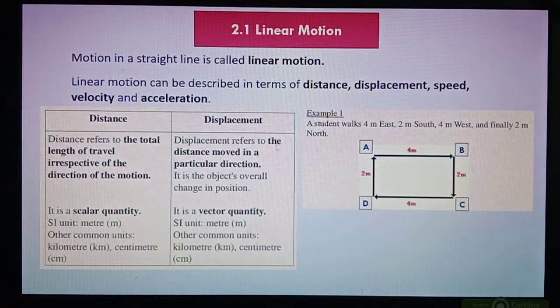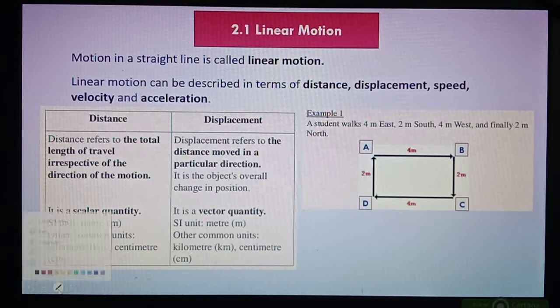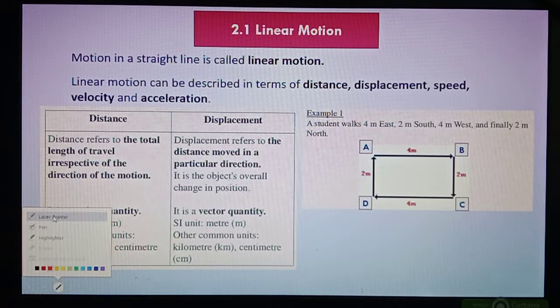So when we discuss linear motion, we want to analyze motion in terms of distance, displacement, speed, velocity, and acceleration. So you must be able to define all the important terms: distance, displacement, speed, velocity, and acceleration. Let's discuss the first part. We want to differentiate between